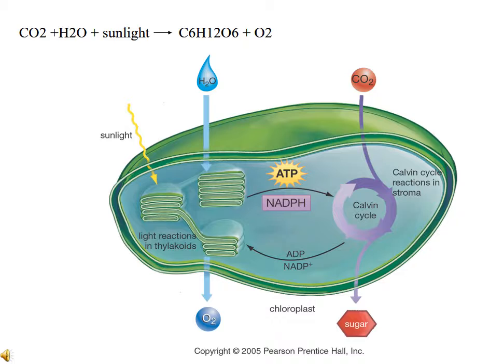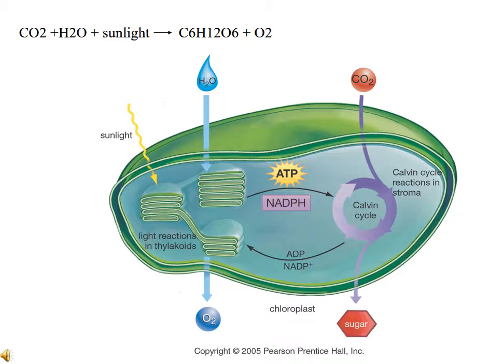and NADPH. The Calvin cycle, what it really does is grabs the carbon dioxide from the atmosphere, and it reduces that carbon dioxide. Basically what it does is it takes the carbon dioxide, builds the molecules of sugar. So carbon dioxide is converted to sugar. So when we look at the formula, carbon dioxide plus water plus sunlight produces sugar plus oxygen, we can see